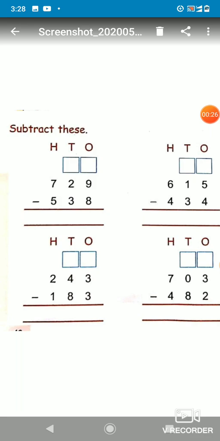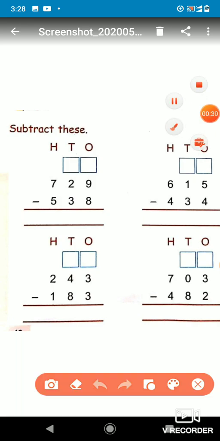Here 9 is there and we have to subtract 8 from the 9, so we will get 1, so we will write here 1. Again 2 is there and we have to subtract 3 from the 2, so we can't subtract 3 from the 2, so we will borrow the number and we will cut this 7 and it will become 6, and this gives